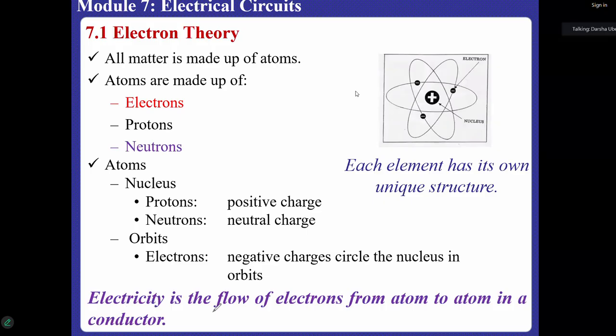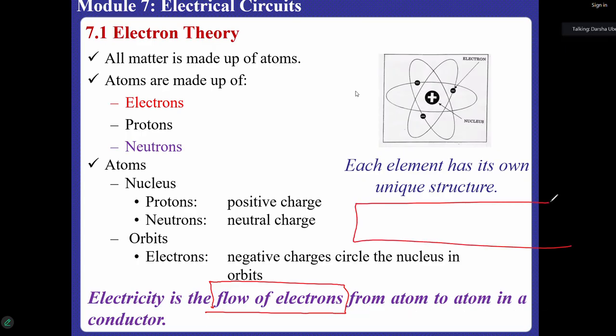Electricity is the flow of electrons. This is important. What do you call electricity? Flow of electrons, otherwise electrons moving, right? Movement of electrons, flow of electrons from atom to atom in a conductor. So if we are having a conductor, it means